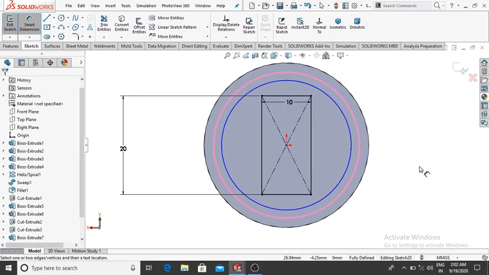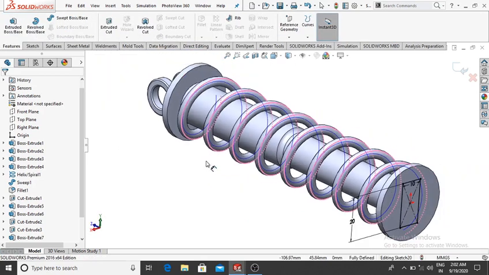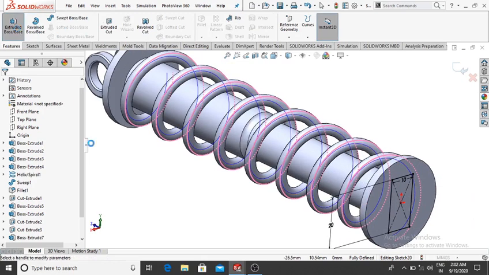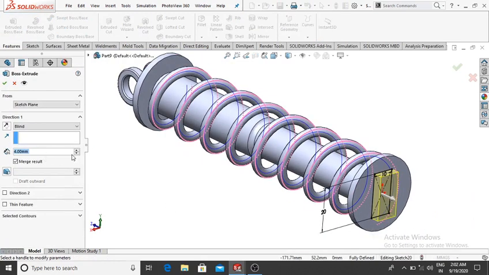Okay, and make this sketch extrude, so go to the features, select extrude boss base and extrude up to 20 mm,